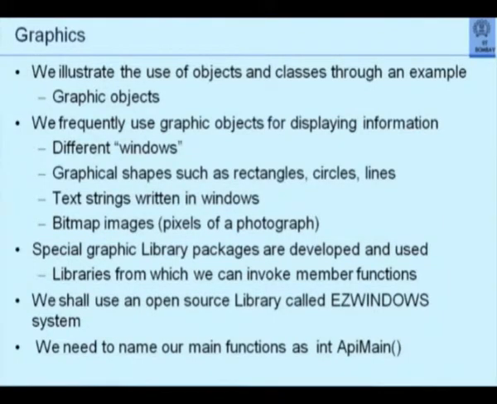Remember last time I mentioned very briefly what a graphics window system would be. So basically we want to deal with graphic objects. We want to draw graphic objects on our screen. We typically draw these graphic objects in some windows. So whenever you work on Ubuntu, for example, you will open an editor window, you will open a terminal window, you may open a browser window for files, and you may say click here for this file, edit it, save it there, go to terminal, compile it, run it. Okay, so these windows help you.